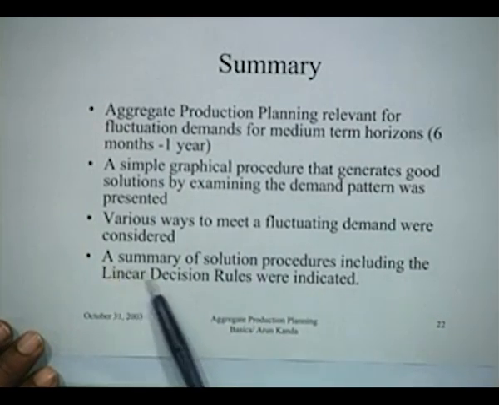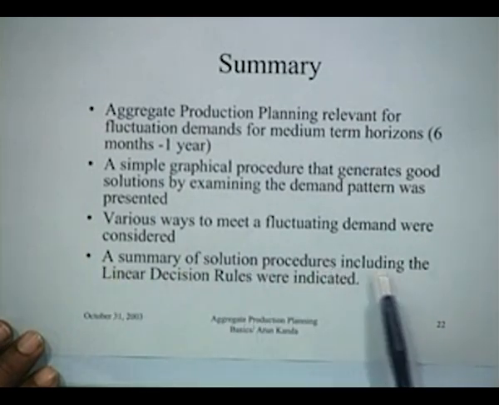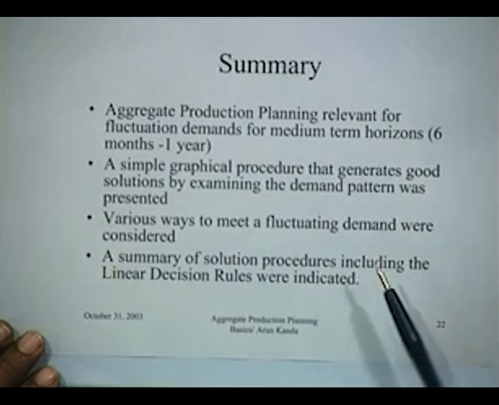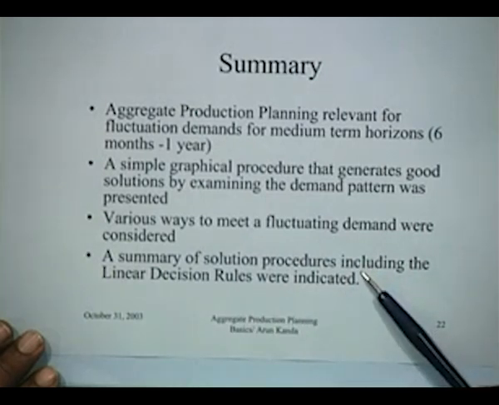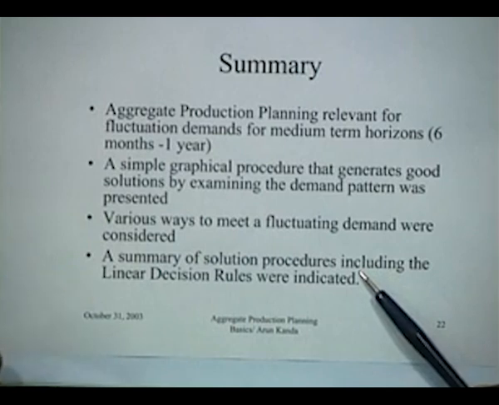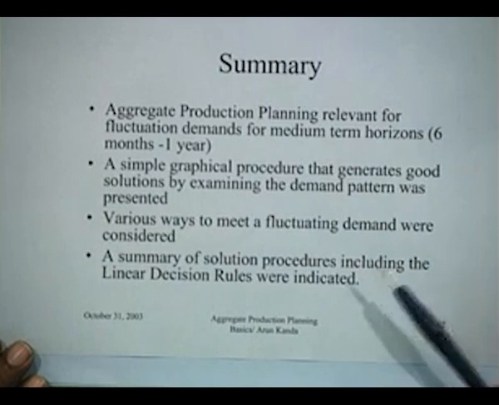And finally, we have taken an example of solution procedures including the linear decision rules, where the costs were convex, and because they were modeled by a quadratic function, when you differentiated the cost function, you landed up with linear decision rules. This was one approach. Now in the next lecture we shall be talking about some specific procedures that are used for optimizing the production plan, that is, finding the best way to determine the production plan.